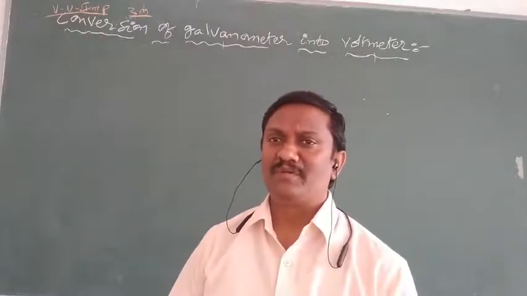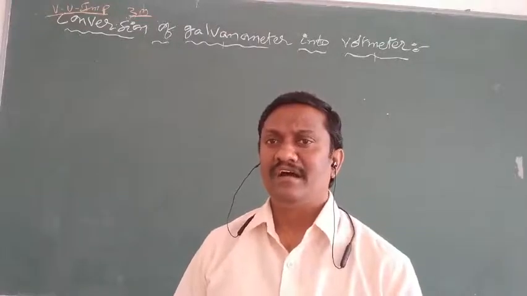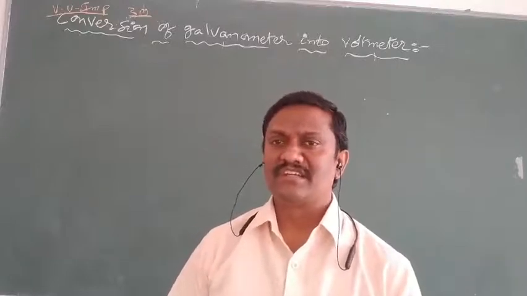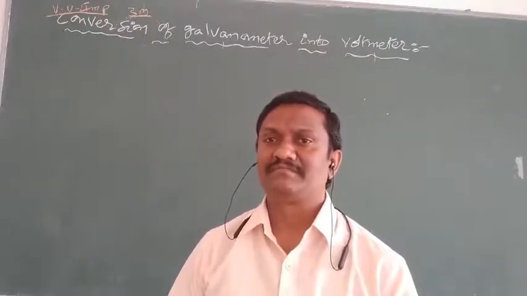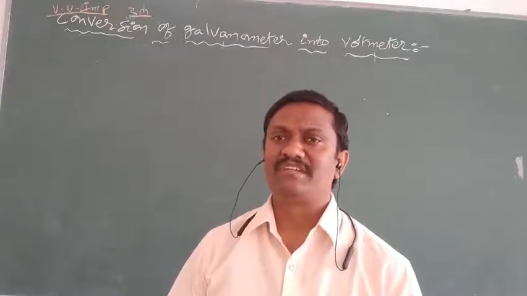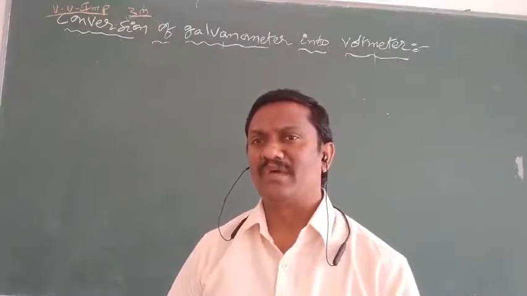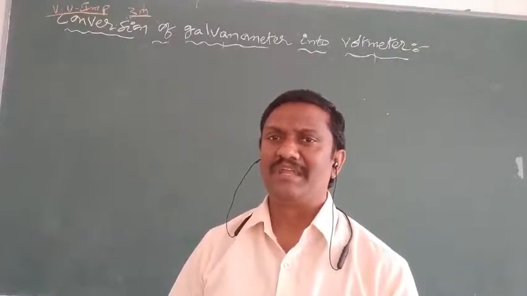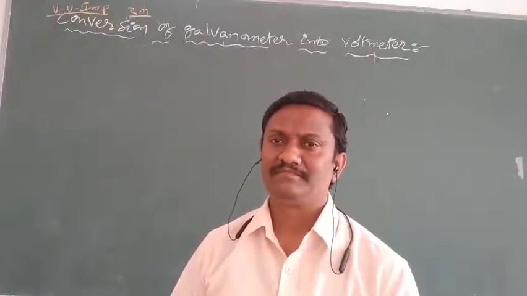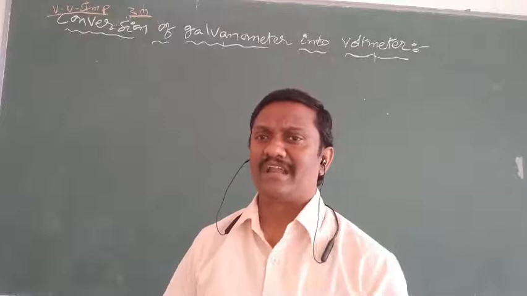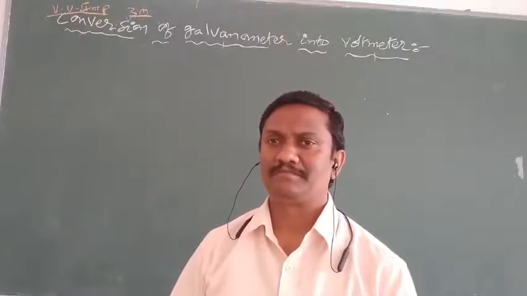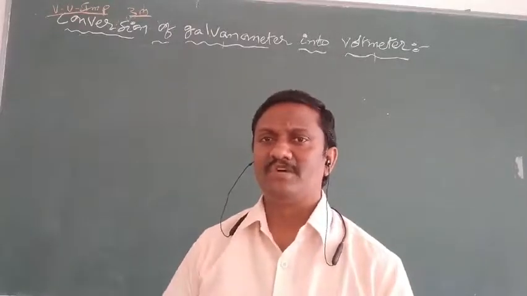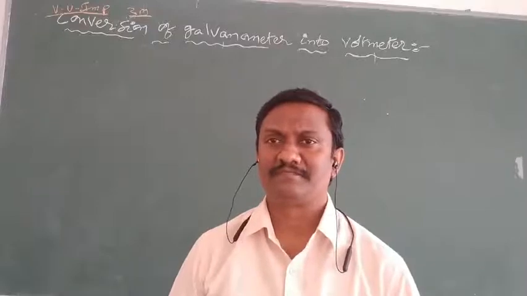After completion of the dipole moment of a revolving electron, we covered the conversion of a galvanometer into an ammeter. Before converting it is called a galvanometer, after converting it is called an ammeter. A galvanometer is a sensitive device used to measure very small currents in the order of microamperes, and an ammeter is a device used to measure very large currents in the order of milliamperes or amperes. By connecting a small resistance in parallel to the galvanometer, the galvanometer is converted into an ammeter, and the resistance of an ideal ammeter is always 0. So that is about the previously covered concepts.